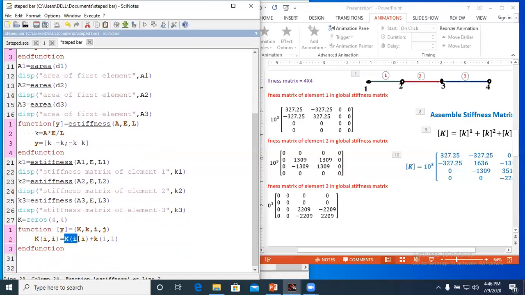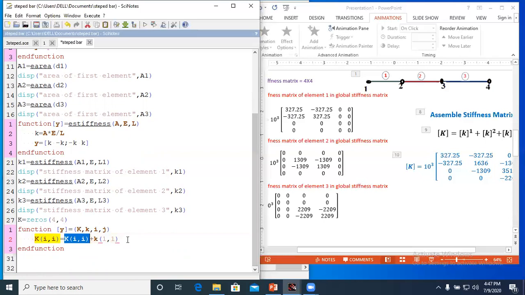This K(i,i), when I transfer the zero matrix, now if I assume i is equal to 1 and j is equal to 2, this value is 0, and in k, if I transfer the k1, it is the first element of the k1, that is this element.